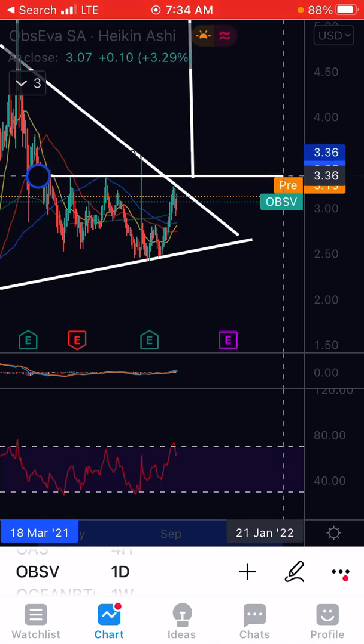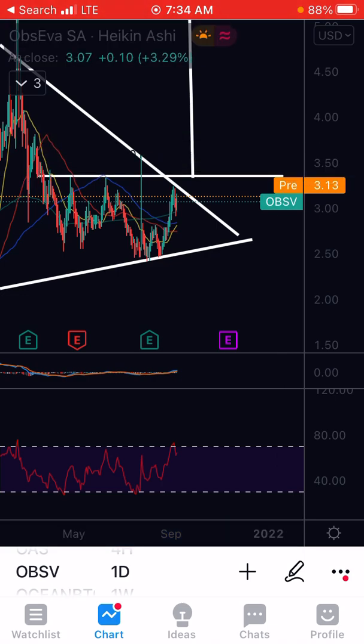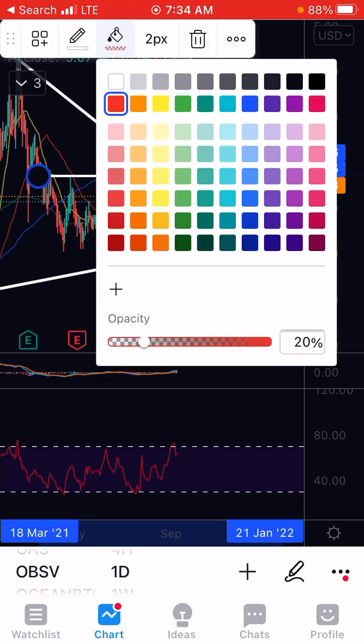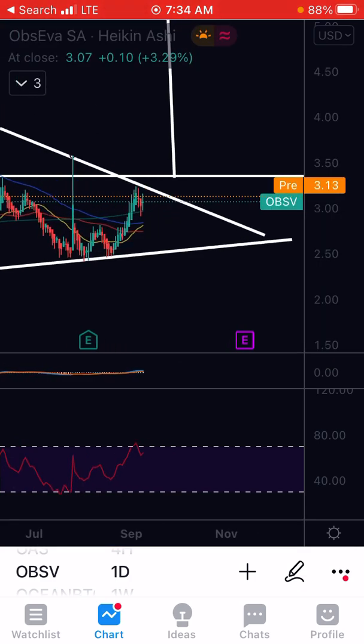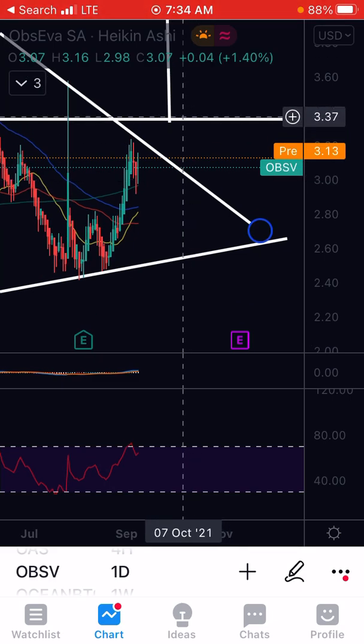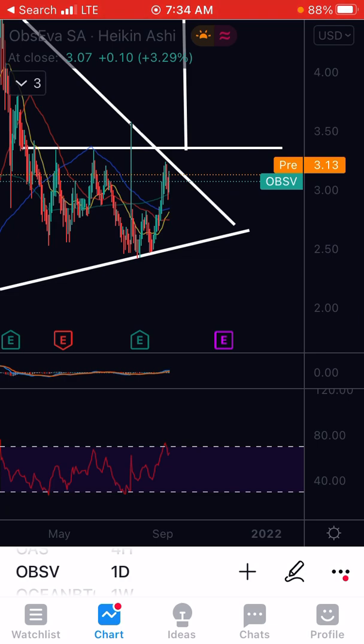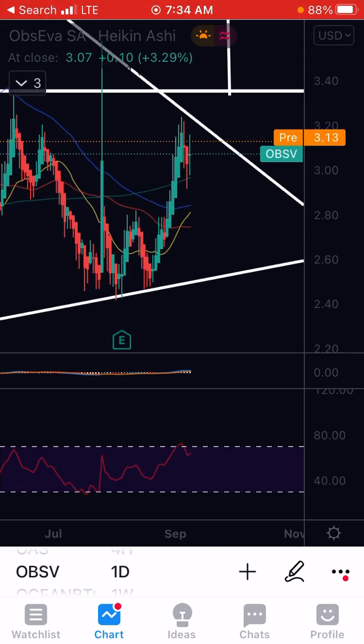That's fine. Alright. So basically, we have this resistance here, and it looks like it's around 334 or so. 334, 345, let's see, 340 roughly. And I do have something that comes in confluence there, in my view, that we could look at as...